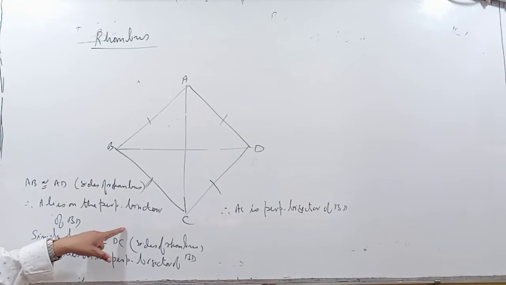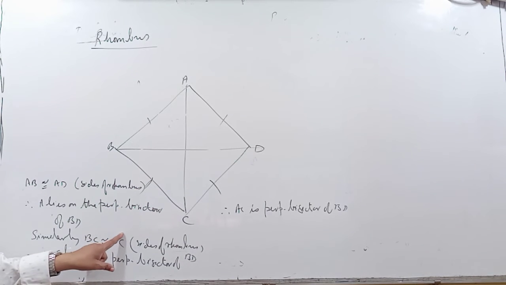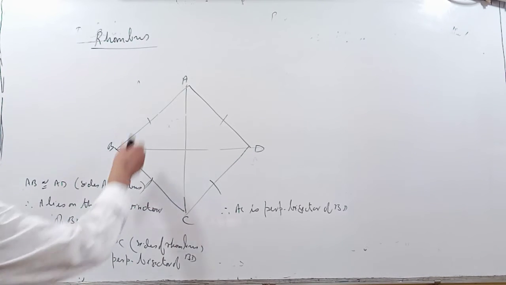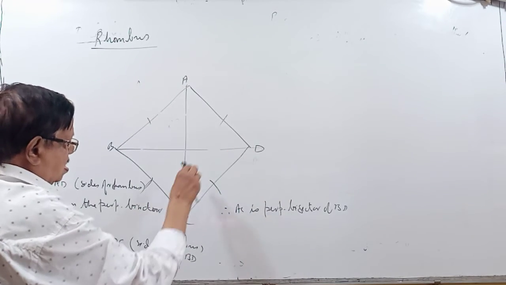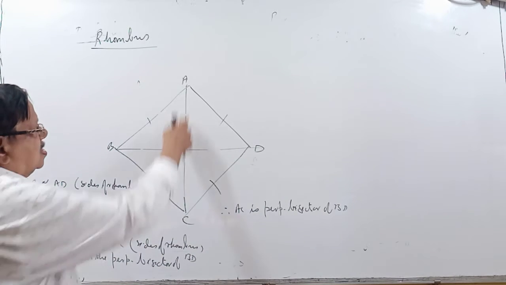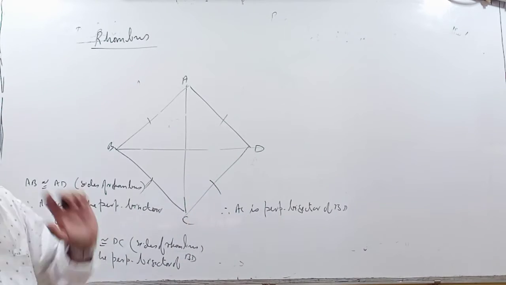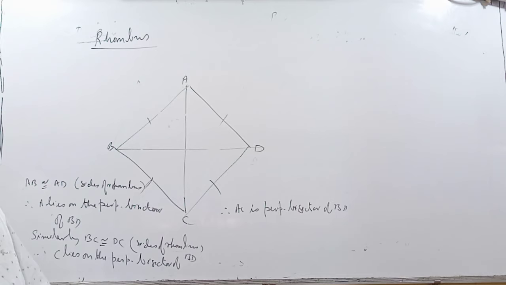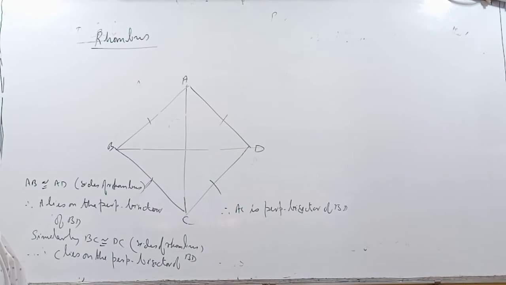For this, you have to remember the perpendicular bisector theorem. If you know the theorem, I say it again: AB congruent to AD, therefore A lies on the perpendicular bisector of BD. BC congruent to CD, therefore C lies on the perpendicular bisector of BD. Therefore AC is the perpendicular bisector of BD. This is much easier than the previous one. You can choose any method, the first one or this one. Anyway, in a rhombus, diagonals are perpendicular bisectors of each other. That's what we have proved here.